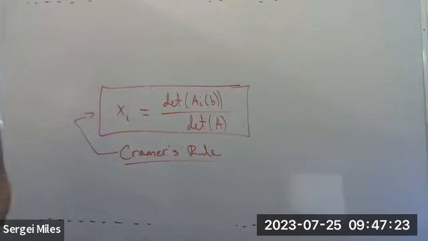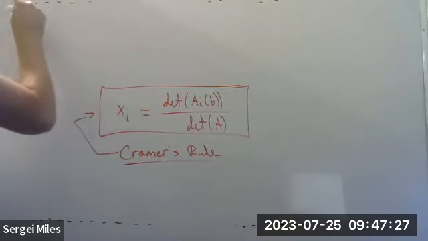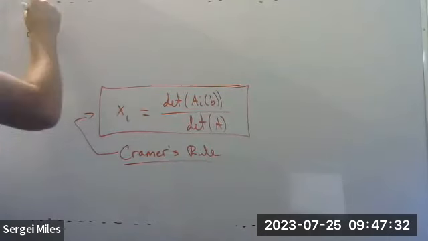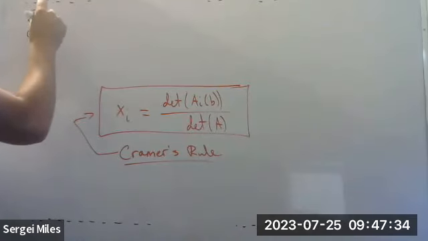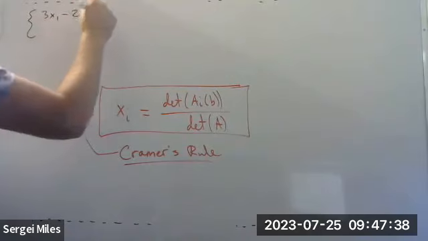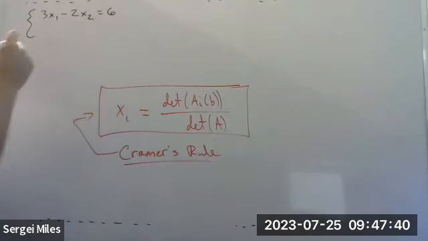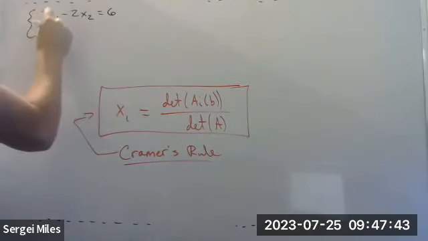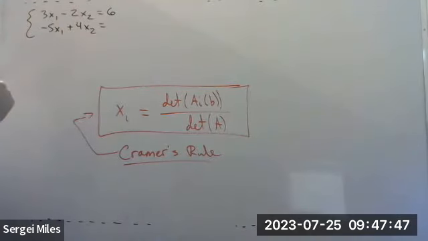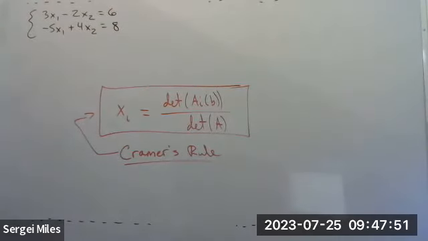So now let's see how we can use it to actually solve things. Let's just stick with a simple example for right now. Let's say we're trying to solve the system of equations 3x1 minus 2x2 equals 6, negative 5x1 plus 4x2 equals 8. I want to solve this system, right? Well, according to the formula,